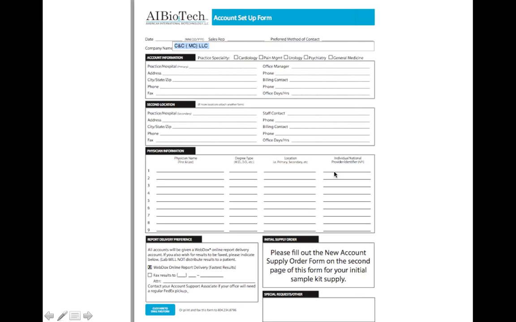You will then insert in the last column, the far right-hand column, the NPI number of the individual physician. You will not ask the physician for their NPI number, if you would please be so kind. You will go to the following website, npinumberlookup.org. Follow the prompts and you can obtain any prescriber's NPI number from that website. Once again,